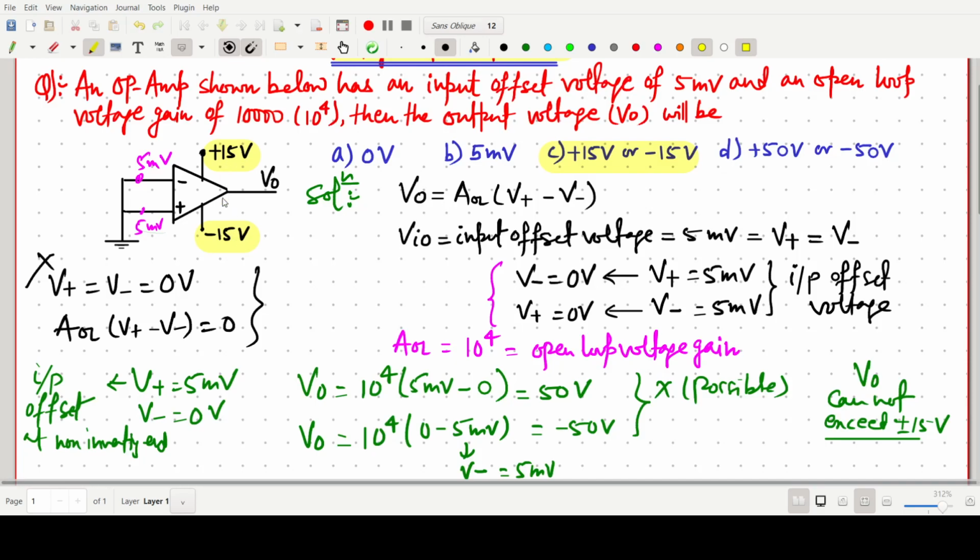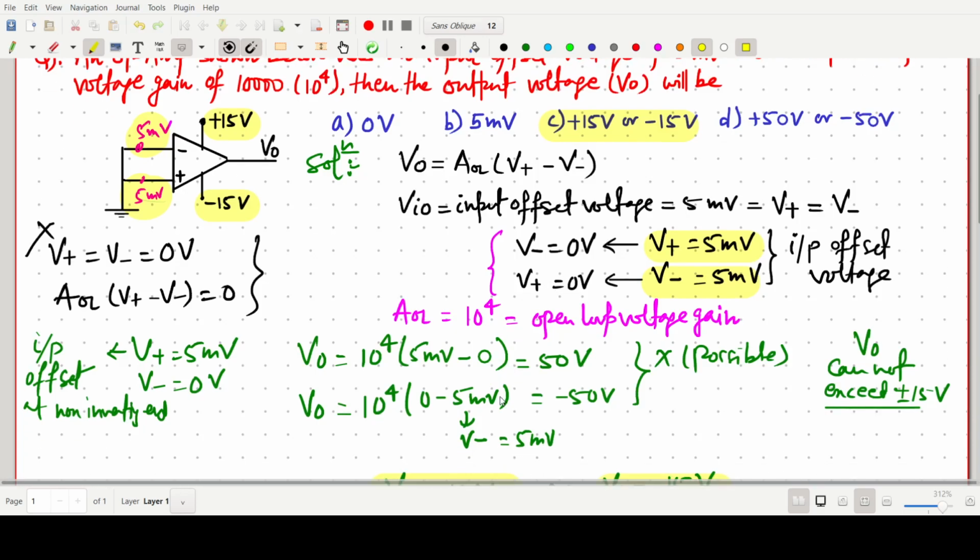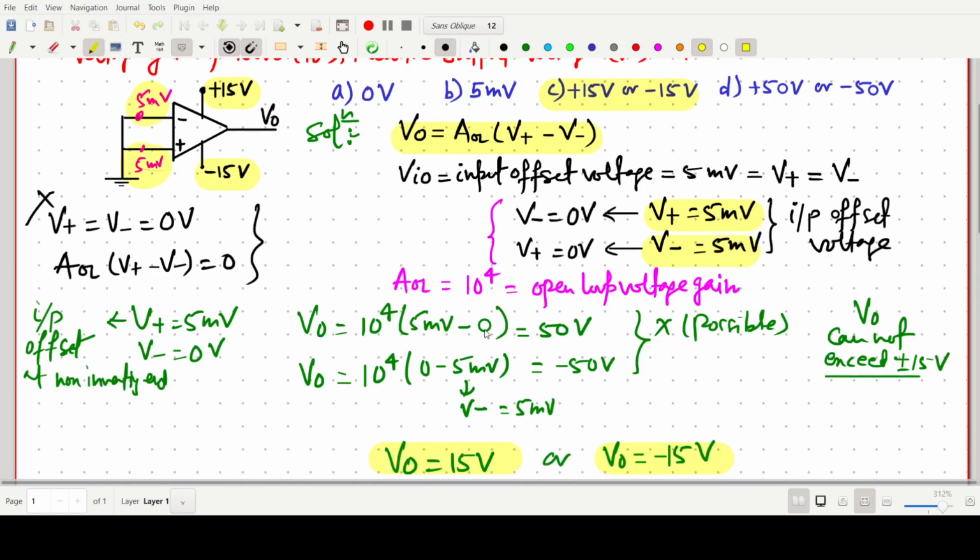So this one is the correct answer, and the offset value is given. This offset value is not clearly mentioned for which input, so we have to consider it either at the inverting in or the non-inverting in. Then at that time V minus will be 0 volt, like that. In that way we can find the value of output voltage. The main formula is V naught equals AOL times (V plus minus V minus). So after solving all the things